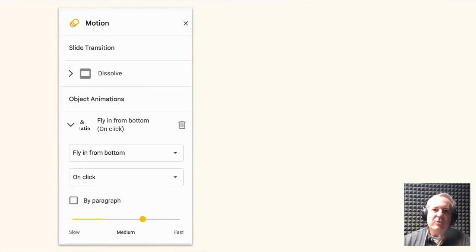Here are what the menus look like in Google Slides. So here's a slide transition, and dissolve is currently chosen. And here are what object animations look like. You have different choices. When do they occur? For example, do you have to click the mouse, or do they occur as soon as